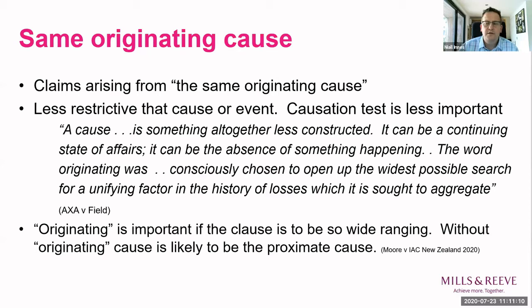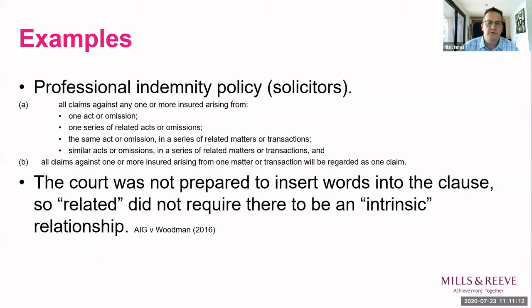I'm now going to turn to some examples from individual types of policies. This is a professional indemnity policy. It's the solicitor's wording, which I suspect is probably known to many of us. And the question being addressed in the case, AIG and Woodman, again, would be known to many of us, arose from a claim against solicitors who'd acted for multiple different investors in property development schemes overseas. And the question, looking at the fourth of those bullet points under A, similar acts and omissions,